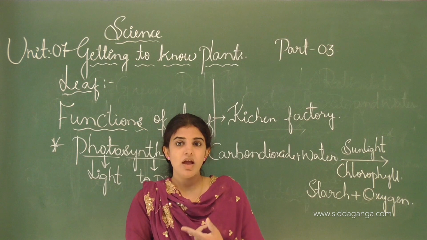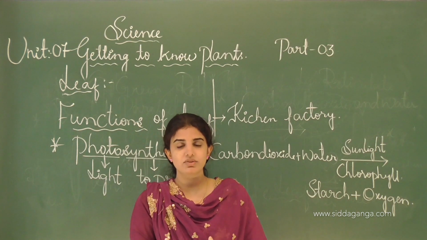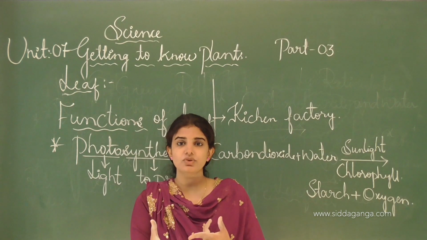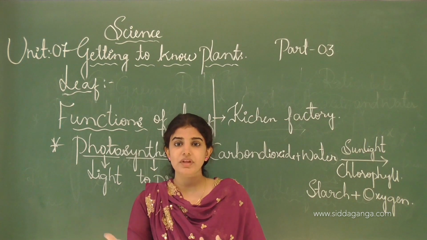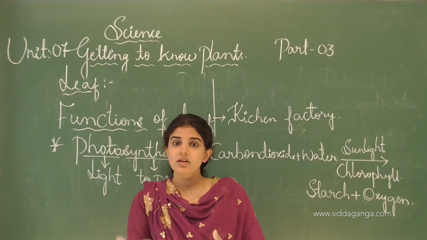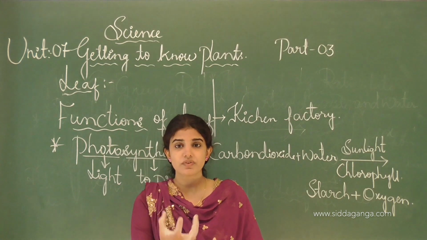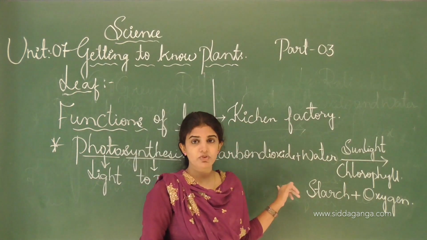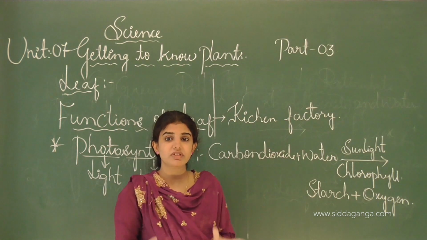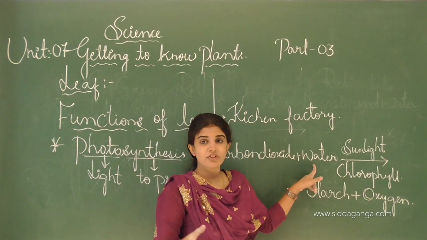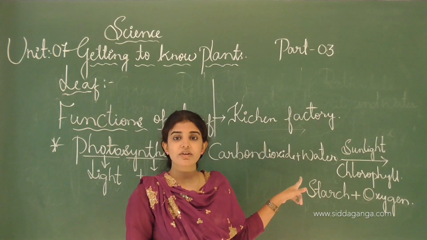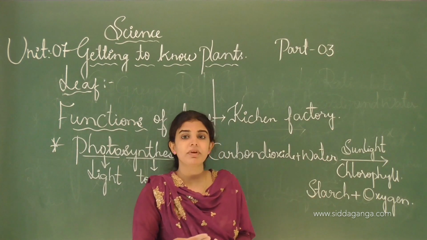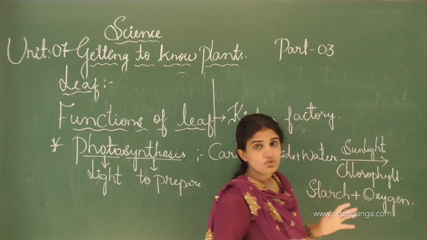Usually it is green in color, and there are also reddish brown leaves, as I told you. In those leaves also photosynthesis takes place, where the inner side of those leaves has green color, so it carries out the process of photosynthesis. Carbon dioxide present in the atmosphere is a type of gas present in the air, and water is present in the soil. When we pour water to the plants, they absorb it and utilize it to prepare the food. And the sunlight is the ultimate source of energy.